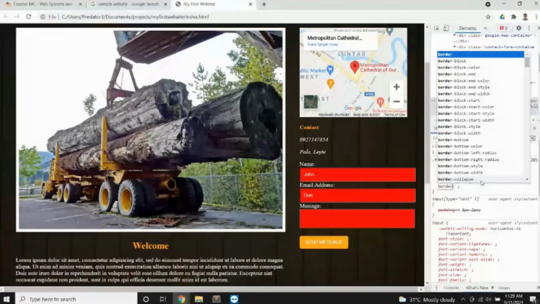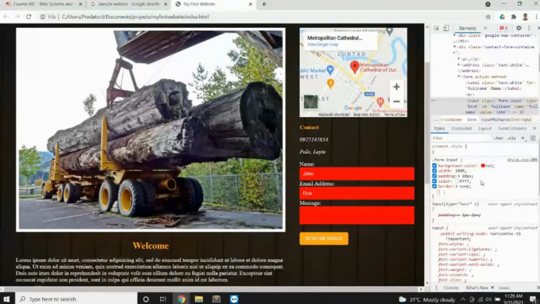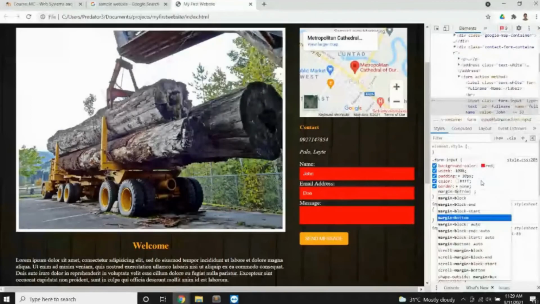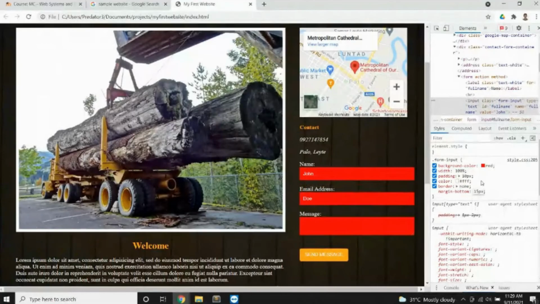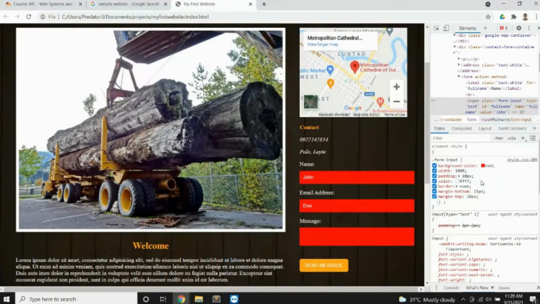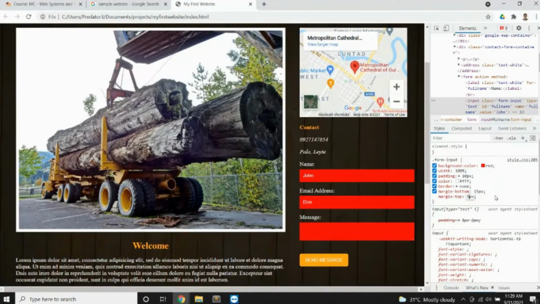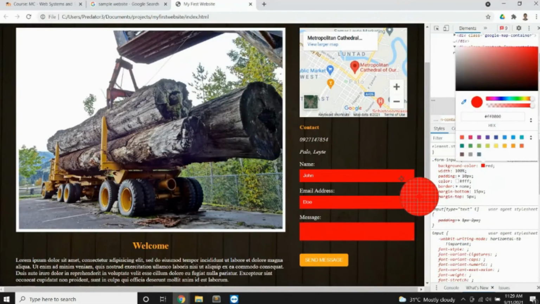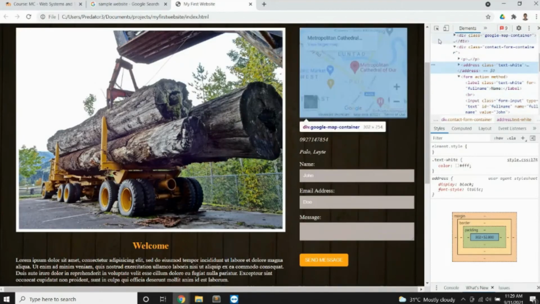So I would like to remove the border. None. Then I would like to have a margin bottom of 15 pixels. The other one, let's say I put on top 10 pixels. That's too big. So I want to make it 5. Then, for the color,